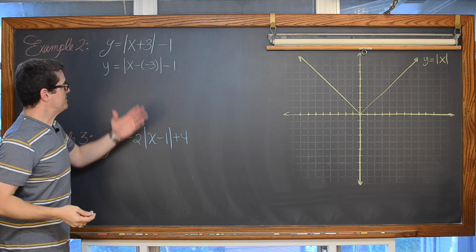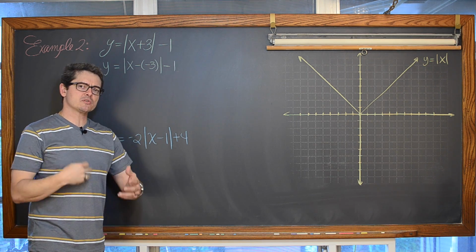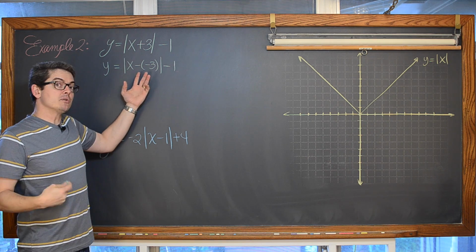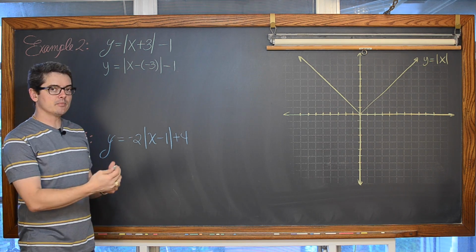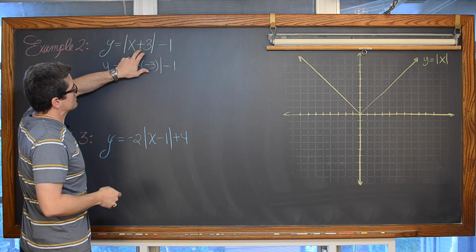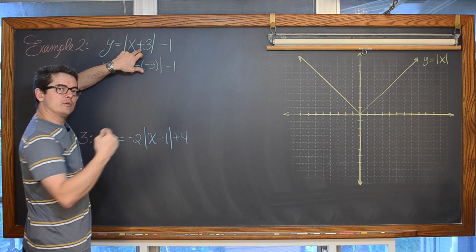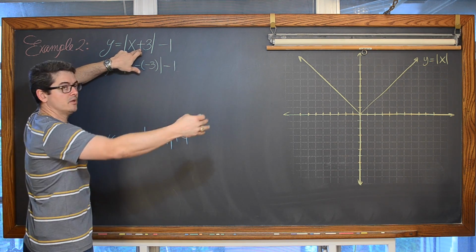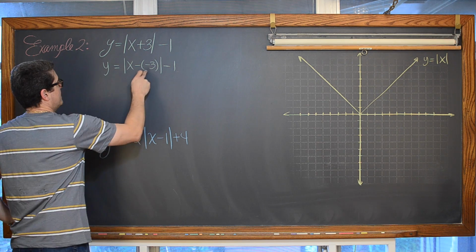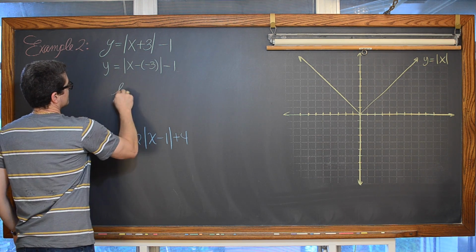Now, maybe do this once or twice for teaching purposes or learning, but I would not do that in a normal problem that I'm working on. But I'm just trying to point out that that plus 3 is not going to move the graph to the right 3 units. It's going to move it to the left. So we have a transformation of left 3.